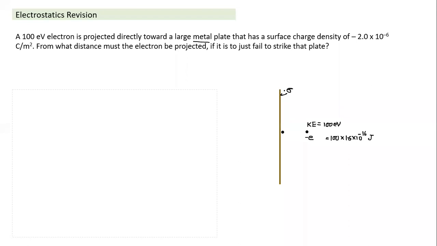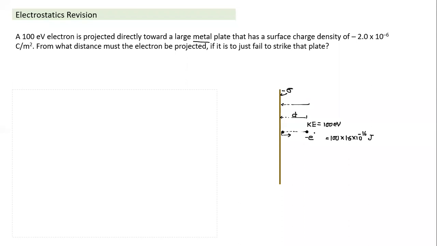this charge is negative. Okay, hence if the plate charge is negative, that's how the field lines will be. The field will be directed towards the left, and since the charge itself is negative, the force on the electron will be opposite to the direction of the field. So this electron will experience a force acting opposite to the direction of velocity. Hence it will keep slowing down, and at some point it turns back. So what is expected here? We need to find what this distance d should be, so that just before it strikes the plate, its velocity drops to 0. That's the condition.